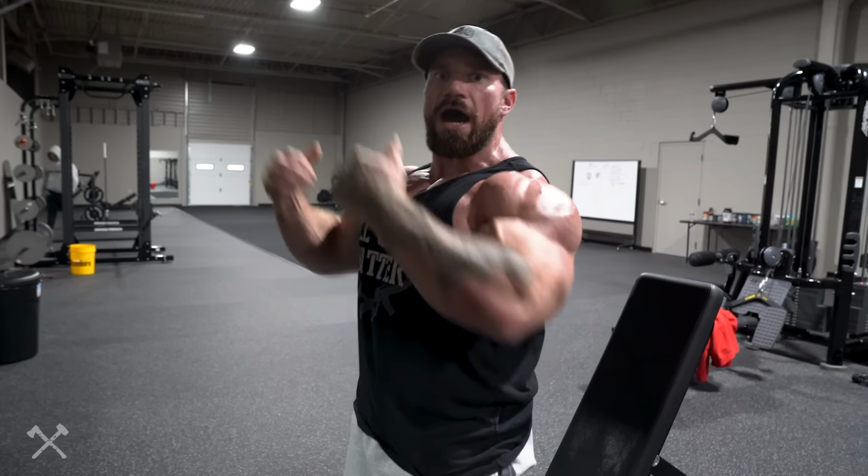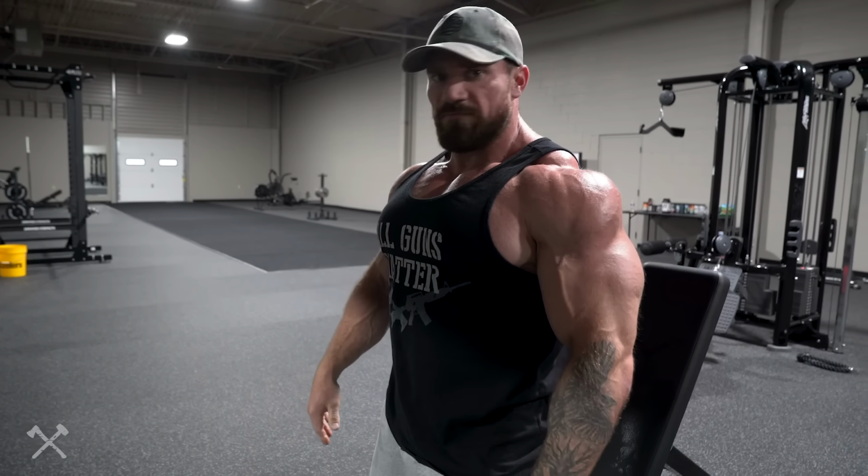Sturdy, strong, get your breathing down. In on the way down, out on the way up. Get it out. So the third exercise of this workout is seated, bent over, rear delt raises with the